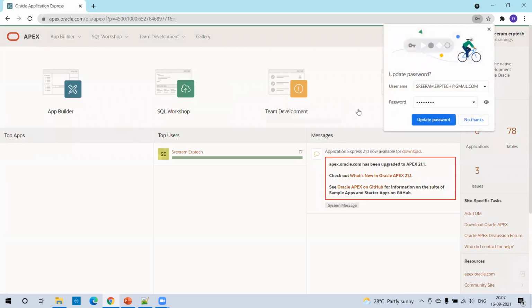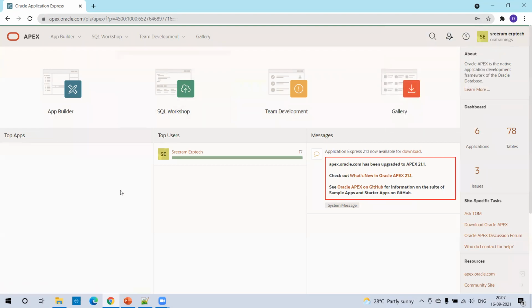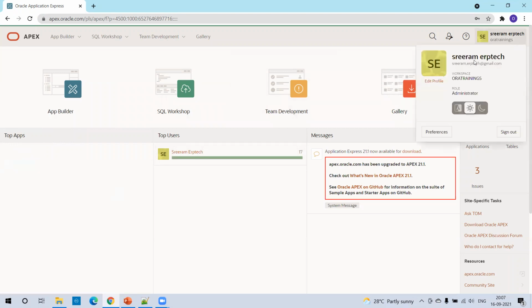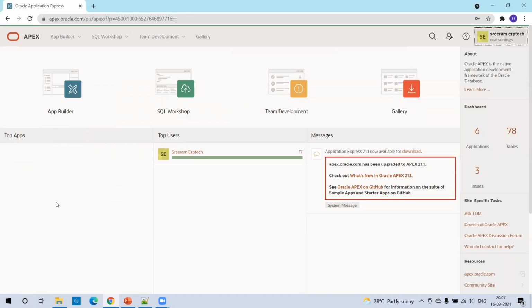Okay, so now when we log into the page, the first thing we are seeing here is the workspace, right? Here it also tells you what a workspace is. This is a username and this is a workspace name. If you want to create any page, what is the first thing you have to do?